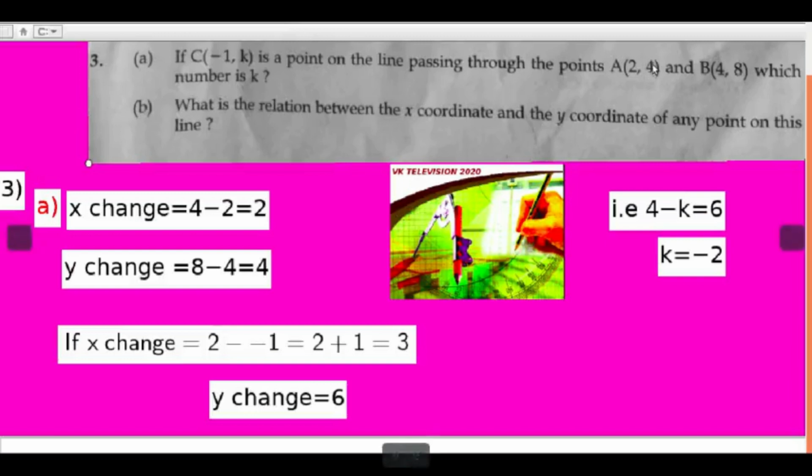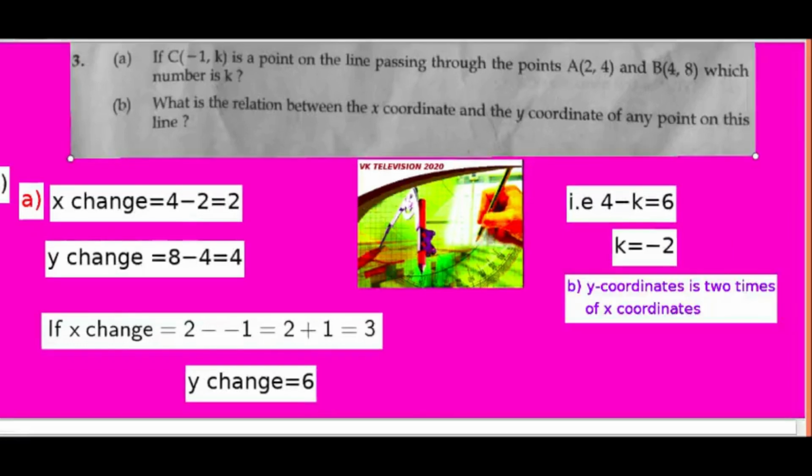So x coordinate is the half of the y coordinate, or y coordinate is the double of x coordinate. Okay,